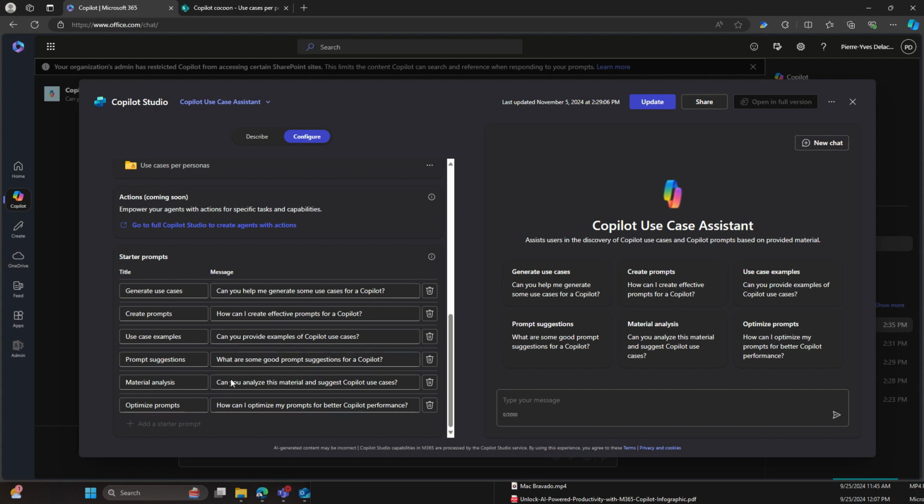You can change that if you want. If you think some prompts are missing, you can add. You can modify it. You just have six prompts maximum because it shows six tiles here. You can add more, but and you can test it. So you can do the same thing. Prompt suggestion. What are the good prompt suggestions for Copilot for a sales person? So you test it, see if it works. It looks like it works,